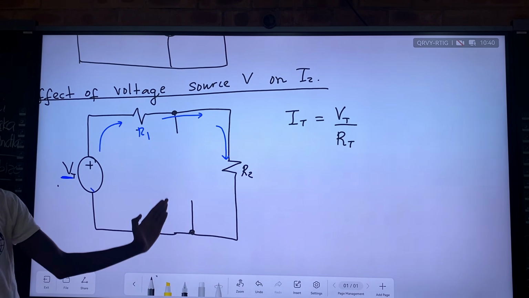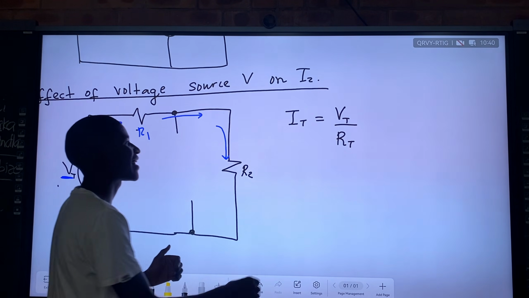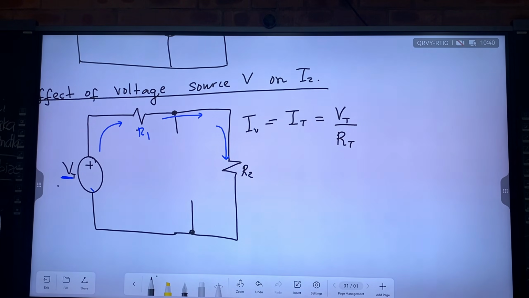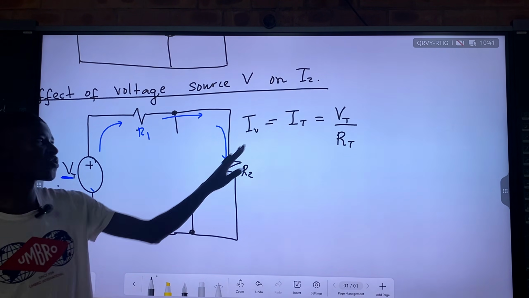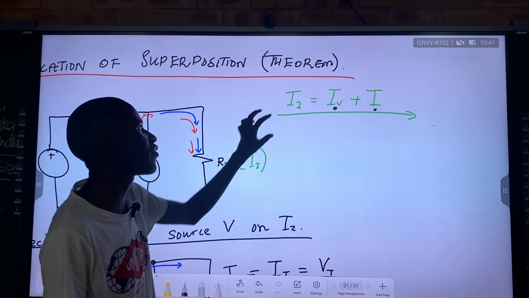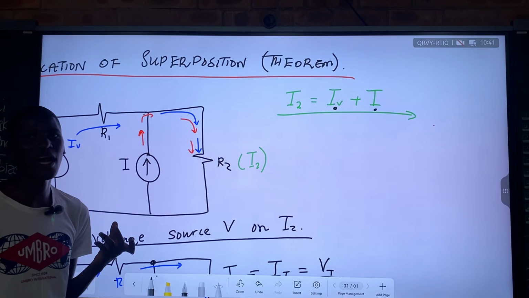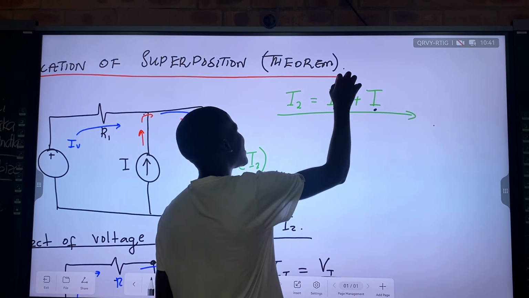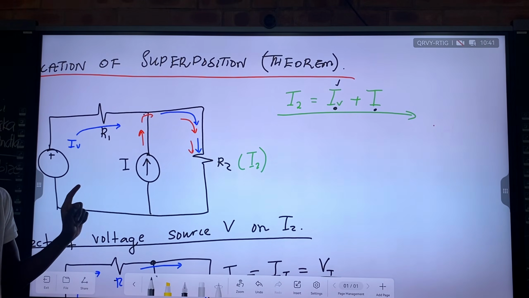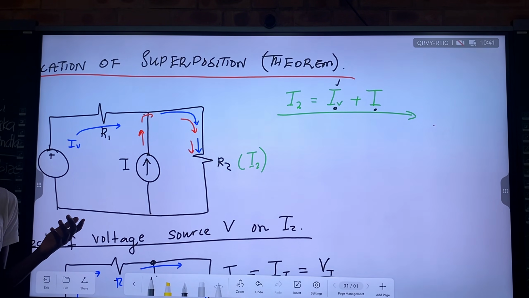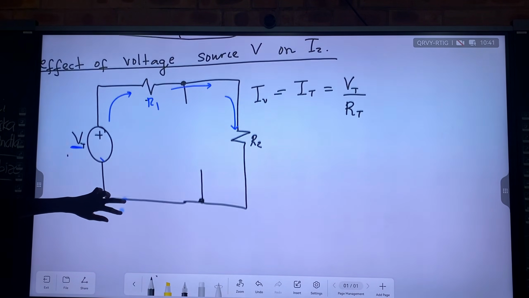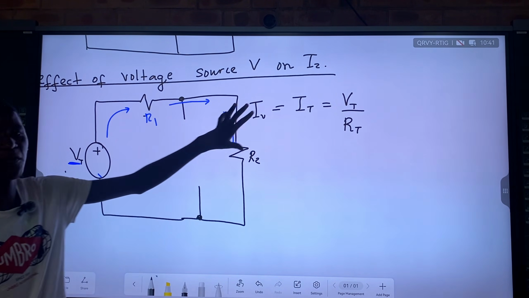So we present it as if the current source is not there. We are trying to find the current produced by the voltage source, IV, alone. Because here our total current is the current produced by the voltage source, which we need when we want to find the total current passing through R2. Because once we find IV, we then need to calculate how much current the current source alone is producing. Okay. So without putting any numbers, we now know how to calculate IV for this circuit.